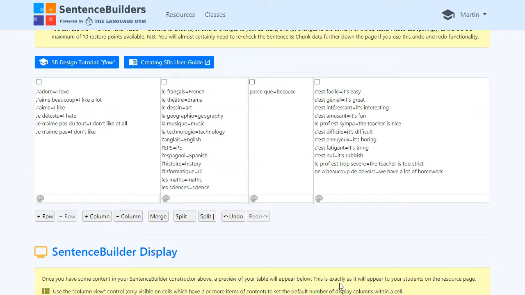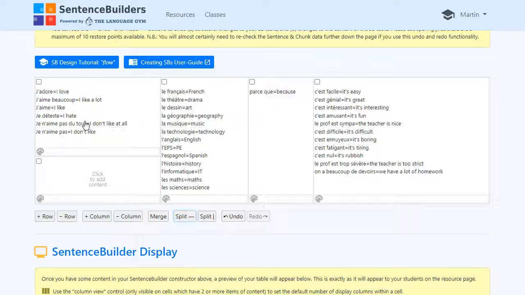But that's quite complicated to do, and you won't end up with the best and most efficient resource if you do it that way. And also you'll have to do a lot of testing to make sure that the exclusions that you put in place are working the way that you'd like them to. So what we're going to do instead is to restructure the table. The first thing I want to do in terms of restructuring the table is to divide the likes and dislikes into positives and negatives. So we'll split the left-hand column into 2 by selecting the column and splitting it, and